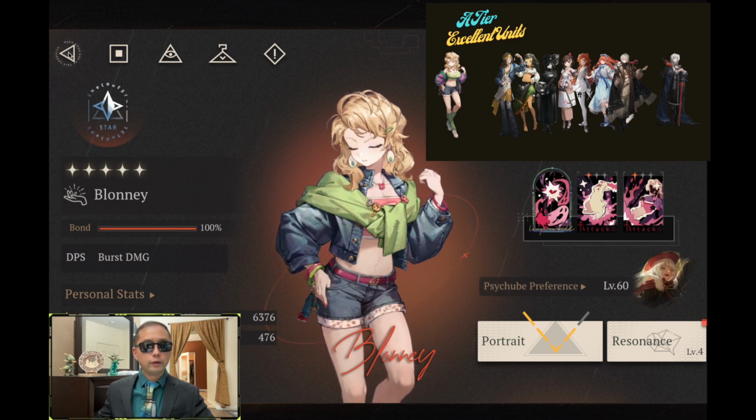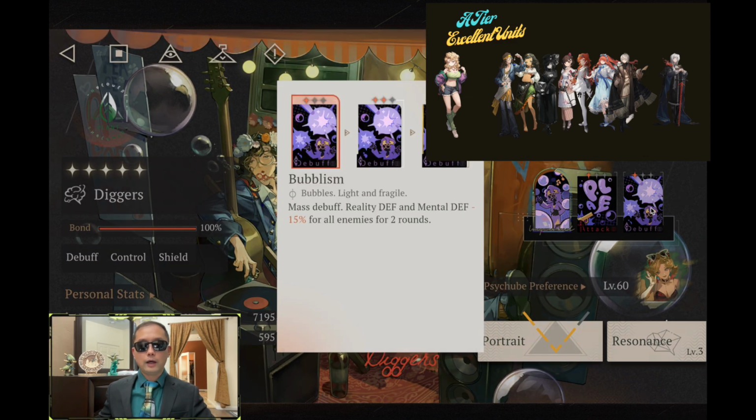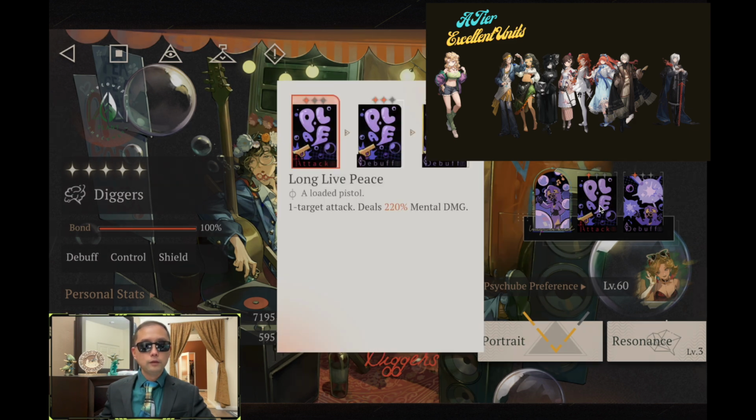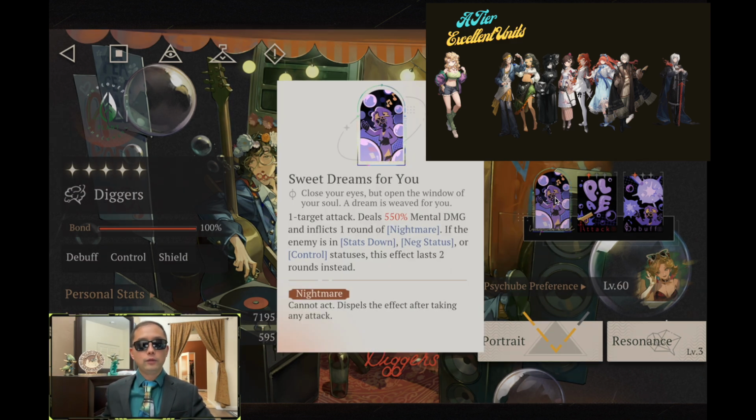Alright, moving on to Diggers. So Diggers is a character who has a whole toolbox of debuffs. One debuff basically shreds reality and mental defense for 2 rounds, which is quite good. And then his other debuff inflicts weakness, which makes it so that they deal less damage to you for their next 2 attacks. And the ultimate inflicts 1 round of Nightmare, which basically makes it so that they cannot act